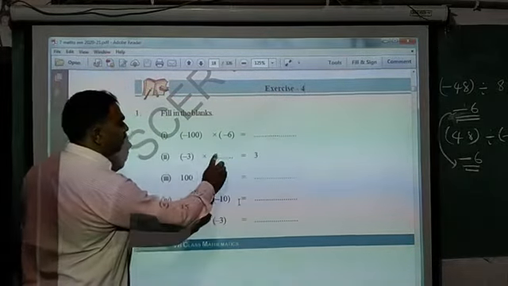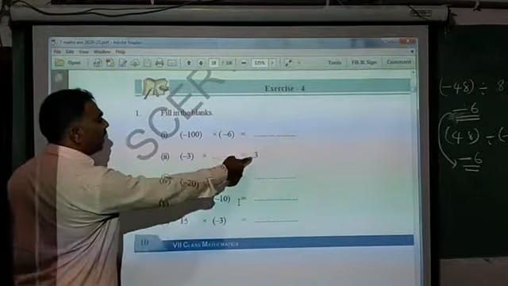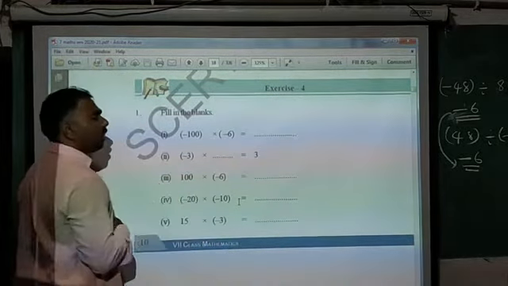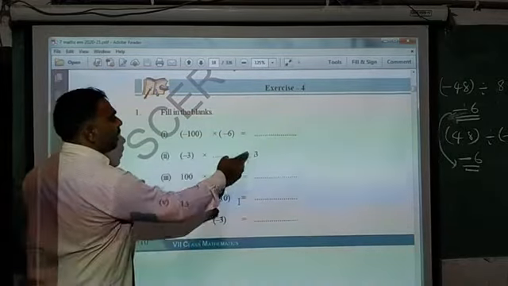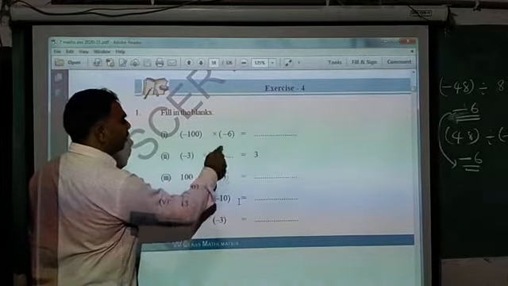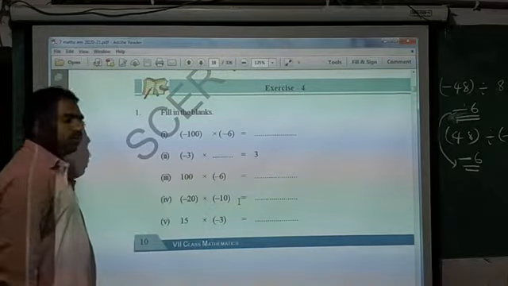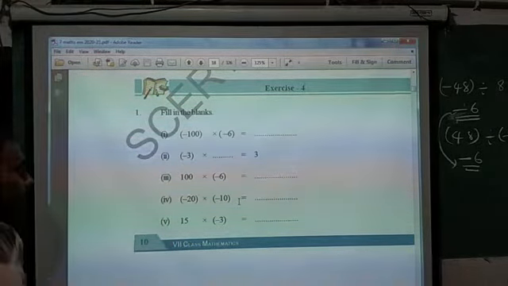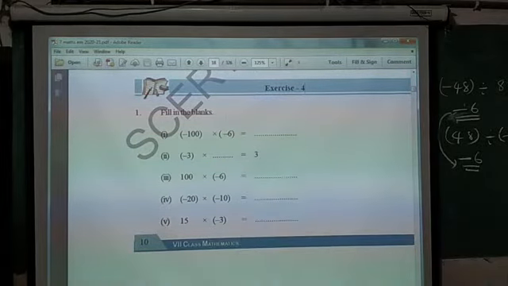So here what will come? Minus. And I want to get 3. So what should we do? 3 ones are 3. That's why what should come here? 1. So minus: here I need to get plus, that's why minus here. I want to get the number 3, that's why 1. So what is the answer? Minus 1. Like that we can easily guess that number. So you can do this one. So in exercise 4, the first bit you need to complete. Okay, next.